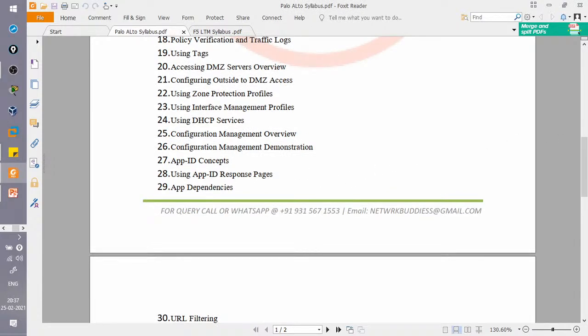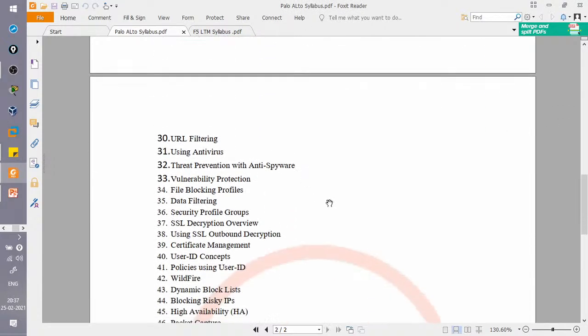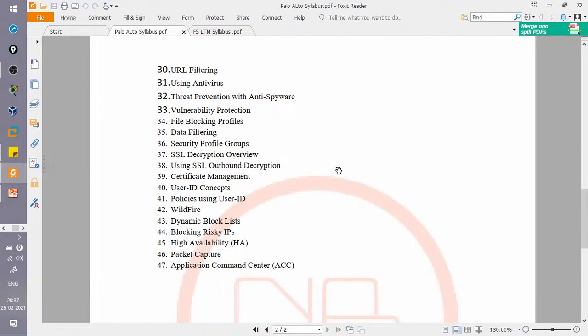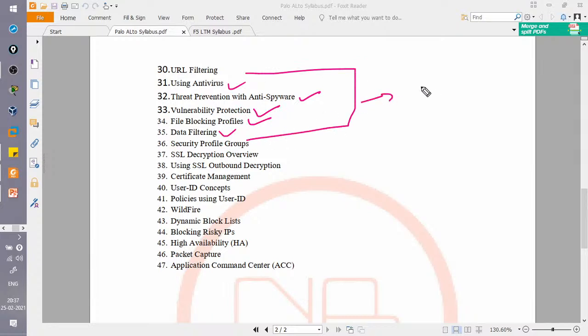Application ID and app dependencies, URL filtering, how to use your antivirus. Basically antivirus, anti-spyware, vulnerability protection, file blocking, data filtering, these all topics are part of content filtering,